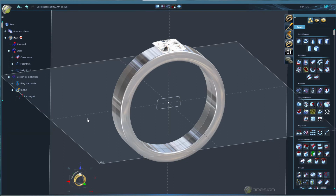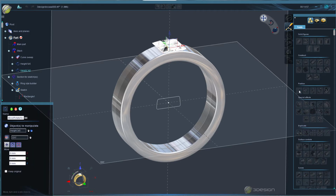And validate that. And now selecting that new stone, the 3 by 5, I'm going to do that from the tree since it's buried inside here, and we do have it labeled. We're going to grab the height 3 by 5 move rotate scale, and then we're going to add another move rotate scale because we're going to rotate this along an axis, which locks you out of the move and scale portions. We want to do a separate one, so we're going to add another move rotate scale to this. We're going to name this one rotate 3 by 5,